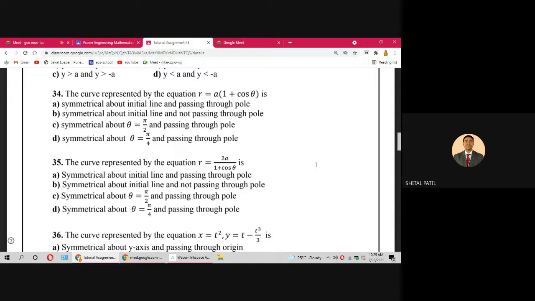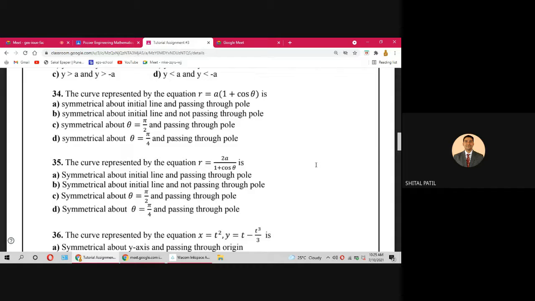हाँ, अब now we want to check whether curve passes through pole or not. If we substitute r equal to 0, then 2a divided by 1 plus cos theta equal to 0. So we're not able to find value of theta. So take reciprocal. Reciprocal ले लो आप. So 1 upon r equal to 1 plus cos theta divided by 2a. समझ में आ गया? Now you substitute r equal to 0. So 1 upon 0 will be infinity. आ रहा है सबको समझ में? So take 2a to other side. 2a into infinity is infinity. That is 1 plus cos theta equal to infinity.